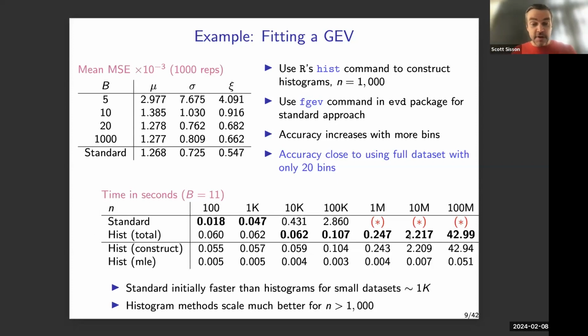If you break this down further, just these two things below the line here, we have to both construct the histogram from the data, and then maximize the likelihood. Once we've got the histogram, maximizing the likelihood, the bottom line here, is constant. It doesn't matter what the data set size is. The number of bins stays the same, whereas constructing the histogram takes a little bit of time. So overall, what you want to take away from this is, for acceptable accuracy, there's always some loss of information, but you can probably do much better time-wise in doing these analyses.